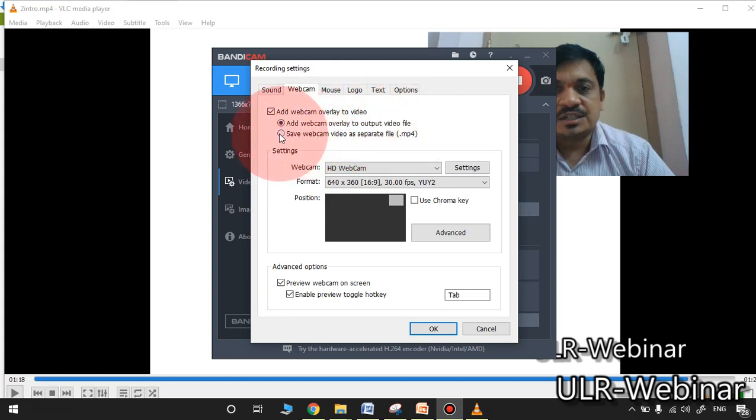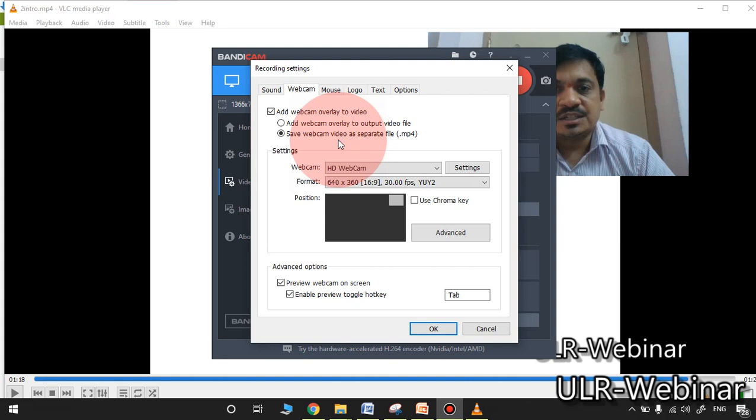If I click the second option, save webcam video as separate file, then what will happen? You start the recording by pressing the F12 button, and immediately your video will appear on the screen.